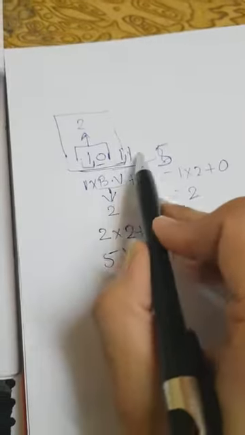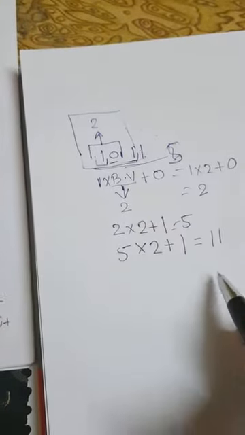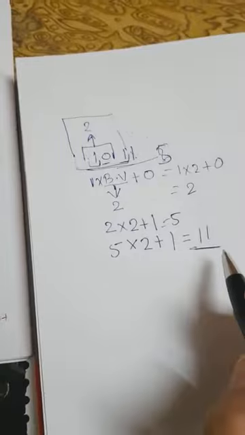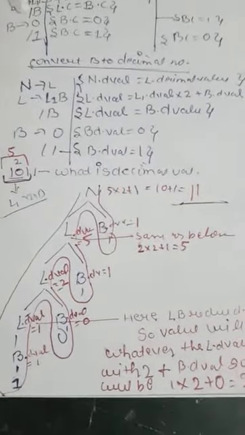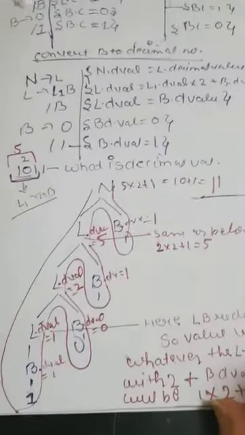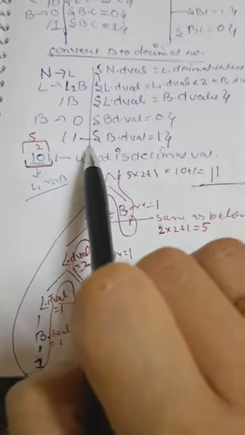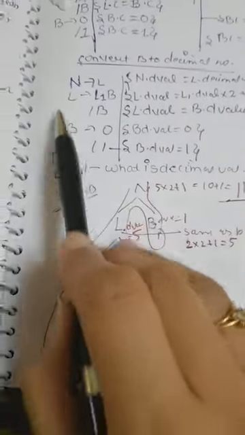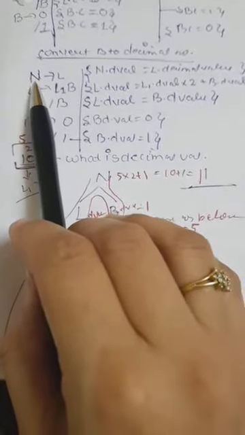So for this number, as we calculated infix to postfix, we know mathematically the decimal value is 11. But how can we do it with the help of SDT, that is syntax directed translation? So we'll start now. First I'll make clear what these grammars are. The grammar is like this: this is bit, this is list, this is the number.